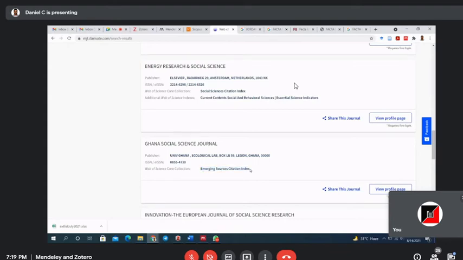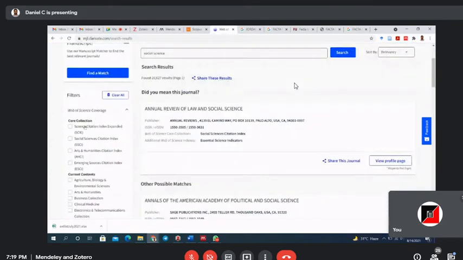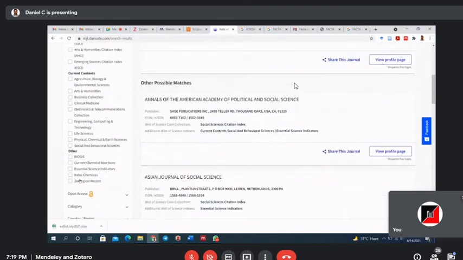This is like Emerging Sources Citation Index. But if it is an Emerging Sources Citation Index journal also, it belongs to Web of Science. See, Scopus is just one, but Web of Science has various core collections like SCIE, AHCI, and SSCI, and ESCI. There are other indexes also, like Zoological Record, but very few journals will be there in this.